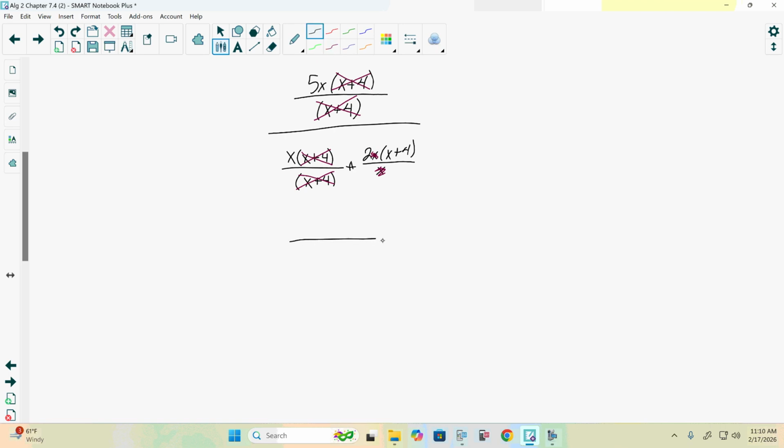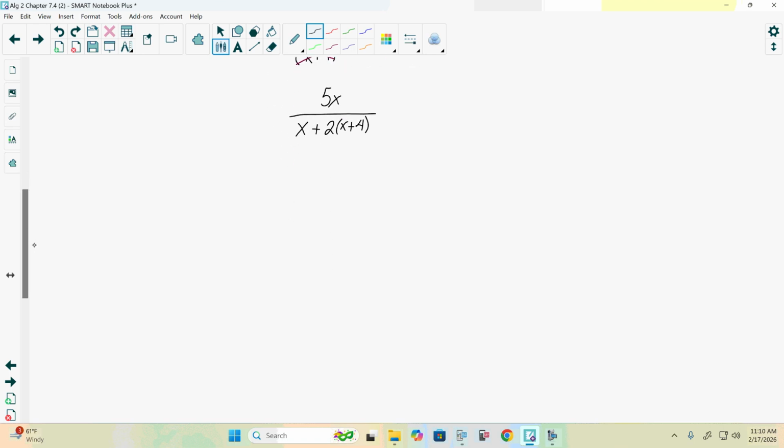And what that leaves us with is, on top, the numerator's only fraction is going to be 5x over 1, or just 5x. On bottom, our first fraction simplifies to x, and our other one's going to be plus 2 times x plus 4. So by multiplying by that least common denominator, we're able to simplify the fractions out of the top and bottom, giving us this here. So the only thing we have left to do is simplify that denominator, combine like terms,